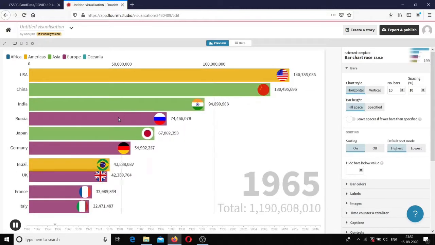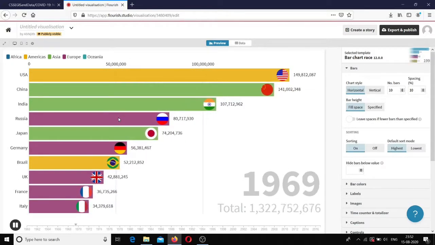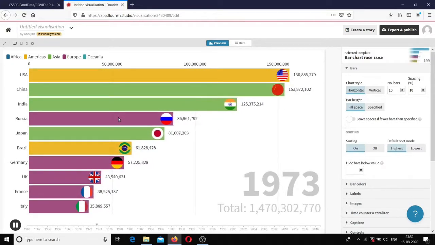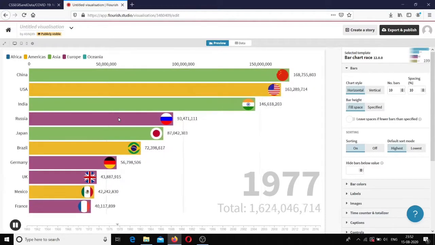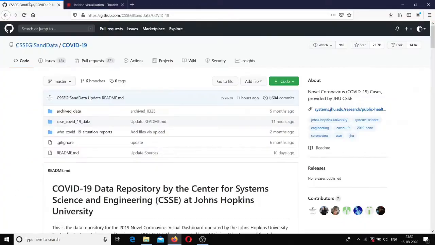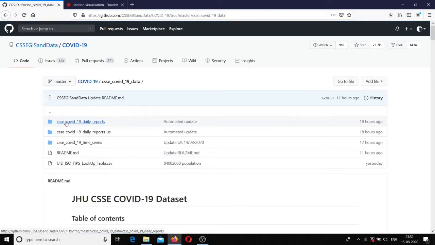To make COVID-19 visualization, we have to download data of COVID-19. So that is available in John Hopkins University repository. I will share the link to this repository in the description. So in this repository, the time series data can be seen here.